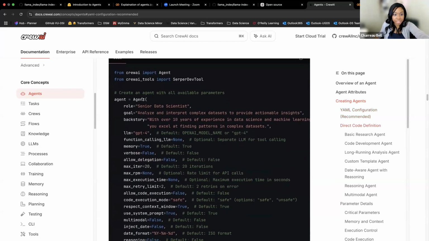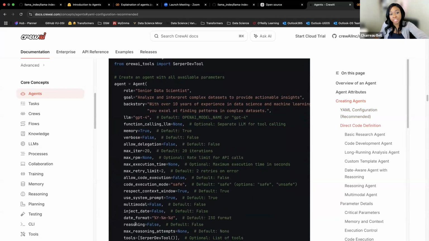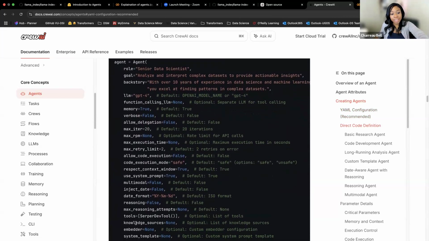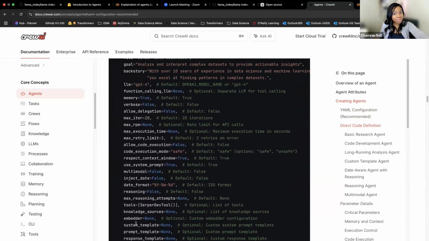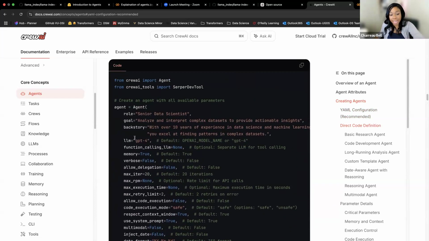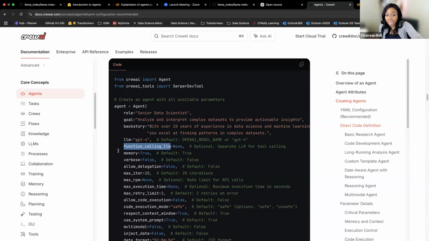Okay. So the next thing is to consider the scope of things that you're able to change in your agentic system. Oh, we see that the system has changed since the last time I looked at it. I wonder when that update occurred. But we see that there's lots of things that we're able to change in here. One, we are able to change this LLM. We could change this to be some other LLM than GPT-4, which is pretty expensive, or is it still around? We don't even know. We can change this to 4.0 mini if we want to. If we don't have access to a function calling LLM, like one that has been trained for tool calling, and we don't have access to one through our basic LLM here, we can add that in as well as another LLM that we can use.